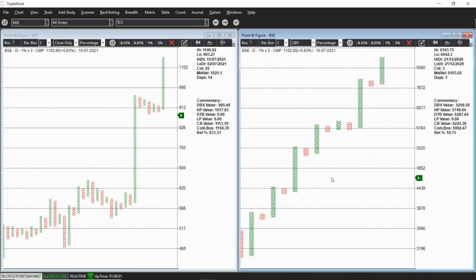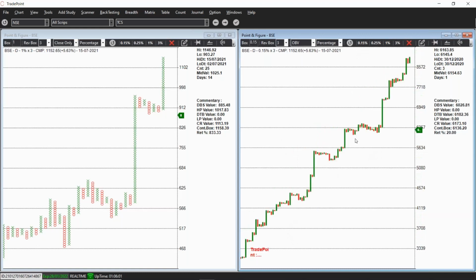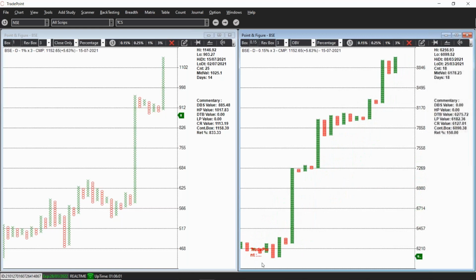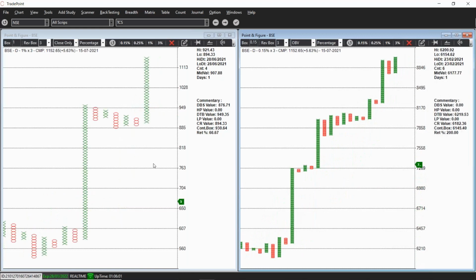So if you want to look at it from a short term perspective or dig in, you need to reduce the box value, maybe 0.15%, 0.10% or something like that. Then you can analyze the volume further. So even on 0.15%, if you'll see, this is a 1% box value chart of price. This is the March 2021 bottom, and then we are seeing a strong bullish double top buy pattern, a continuation double top.